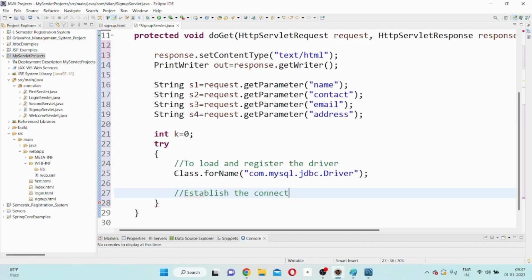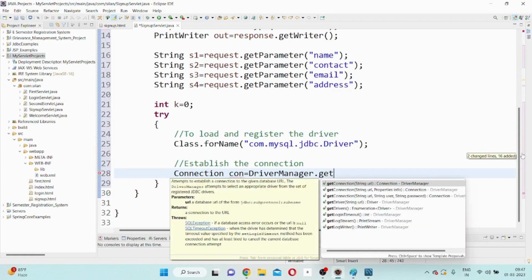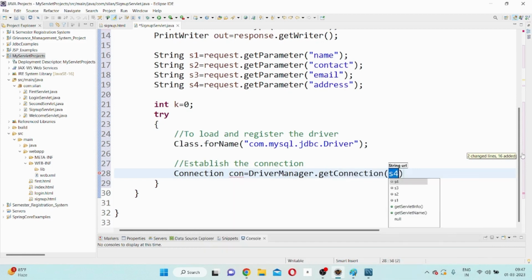The Connection object represents the establishment of a connection. Connection is an interface. So how will I get the connection object? Connection con equals DriverManager dot getConnection method. This is a built-in static method because it is invoked by the DriverManager class. When getConnection is invoked by DriverManager, it returns a Connection object. The getConnection method takes